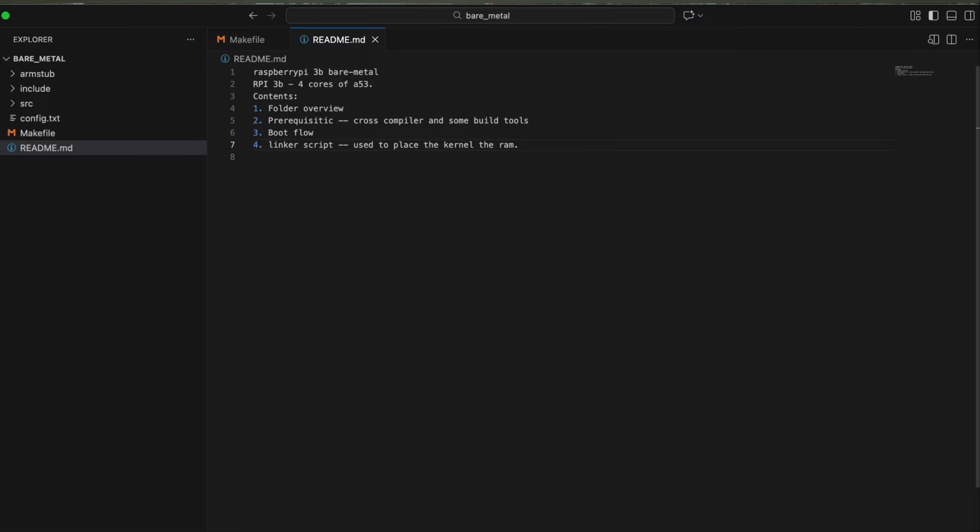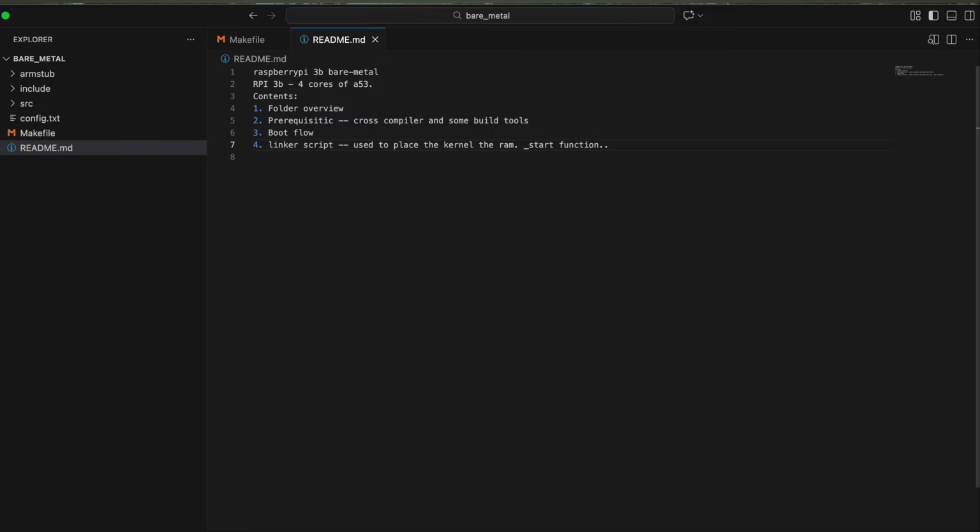Whenever you compile the code, it has many sections like text, data, BSS, then you will have stack, heap and all. But basically, for the startup